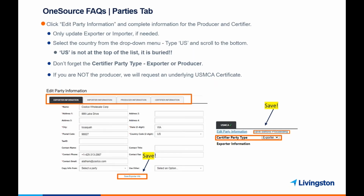So when you are on the Parties tab, you want to click Edit Party Info, and a new window is actually going to pop up in OneSource with additional tabs to fill out the different party information that is on the USMCA certificate. So the tabs are going to be the exporter information, you have importer, producer, and the certifier. So you'll want to put the true producer of your item on the producer field, and the name or the